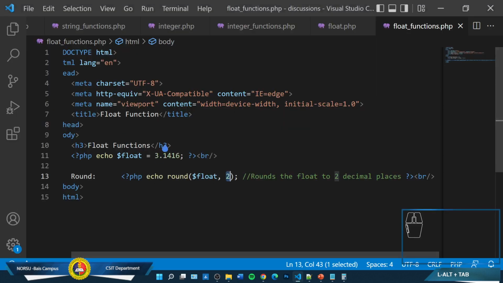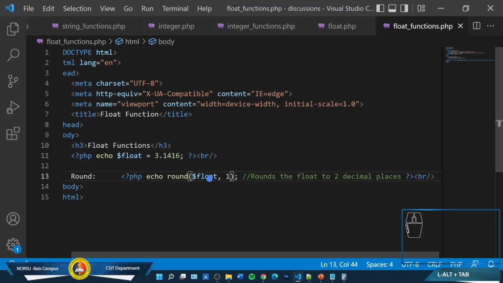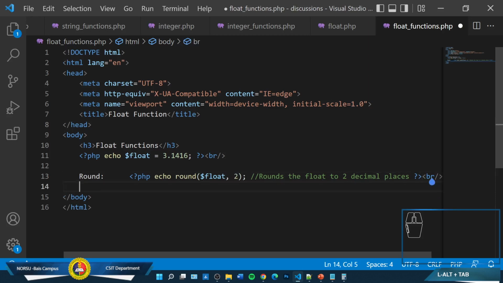How about if we're going to round it to just 1 decimal place? Save that and let's reload. Then it will round to 3.1. Again, to round it to a specific number of places, we will write the float number, and then the number of decimal places we're going to round it down or round it up. So let's skip it to 2, and then next is we have